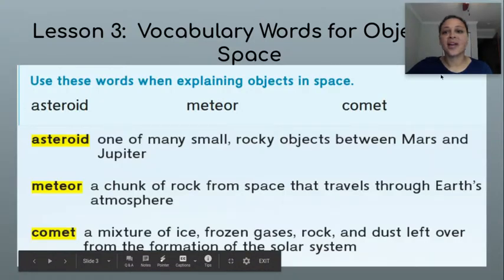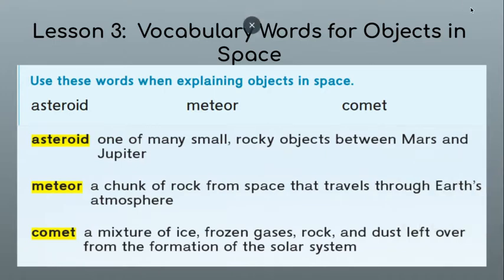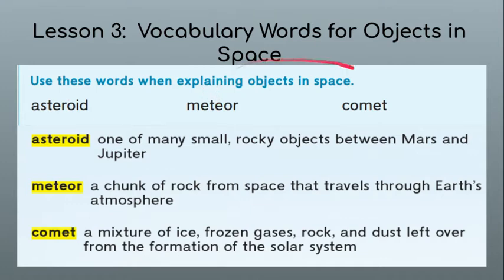All right. So, here are our vocabulary words, boys and girls. Last week, I introduced these words to you. And so, we're going to use these words when explaining about objects in space. And the three words are asteroid, which we talked about in the last video, meteor, and comet. Now, an asteroid, let's review, is one of many small rocky objects between Mars and Jupiter. And so we talked about how asteroids can be found in the asteroid belt, which is right in between Mars and Jupiter